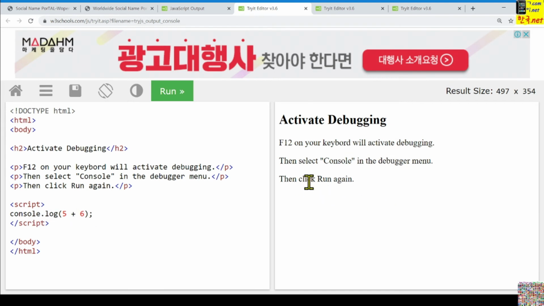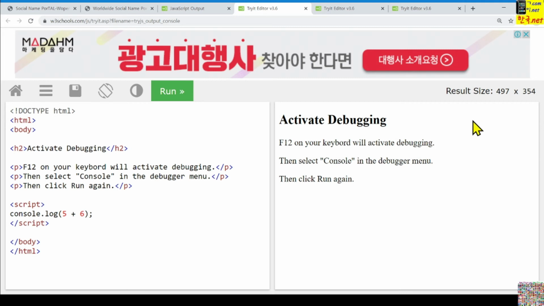But if you press the F12 button on your keyboard, it will activate debugging. Then select console in the debug menu, then click run again. Sometimes it is not working, then it doesn't matter. Later I will show you.